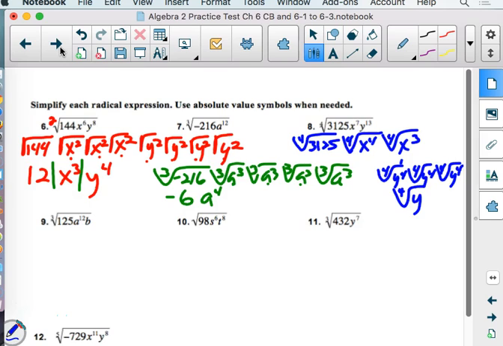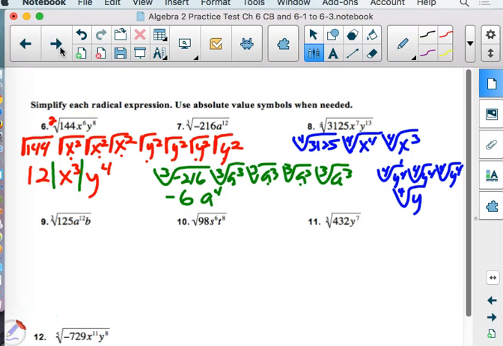Let's see. I'm thinking 5 to the 4th is probably a good bet. 625. And that's because this has a 5 in the last position. So let's see if that goes into it nicely. 3125 divided by 625. It does. So we'll have,